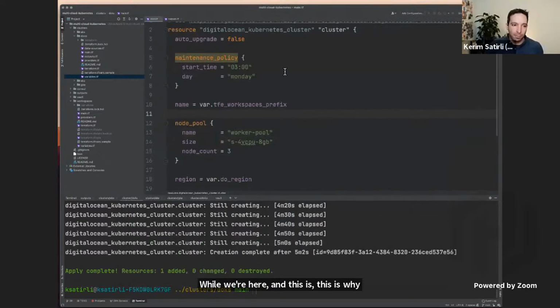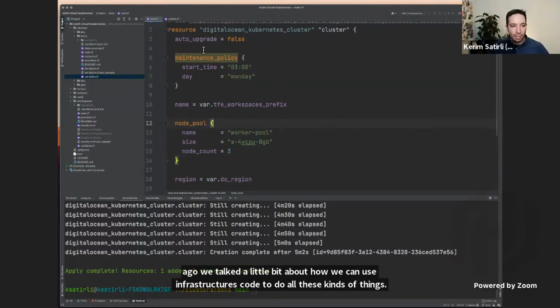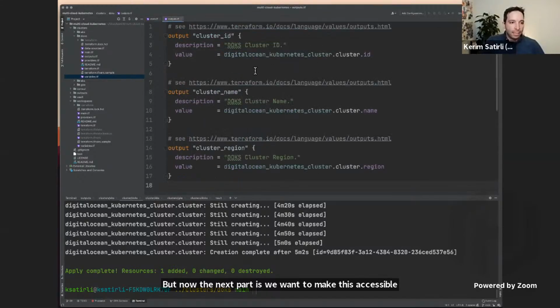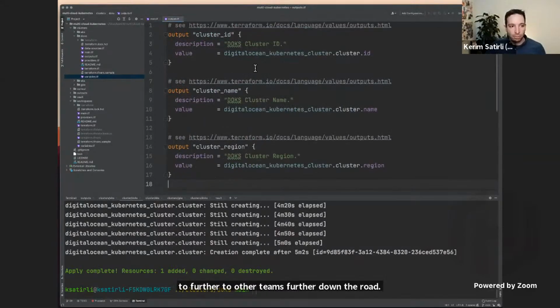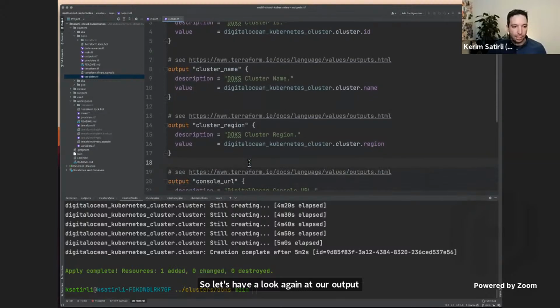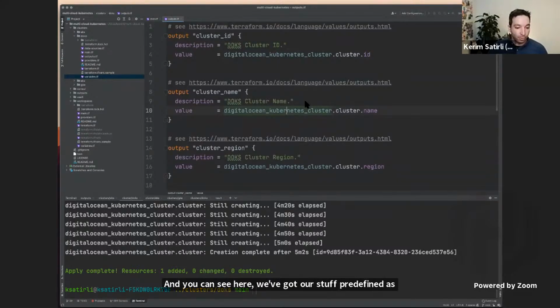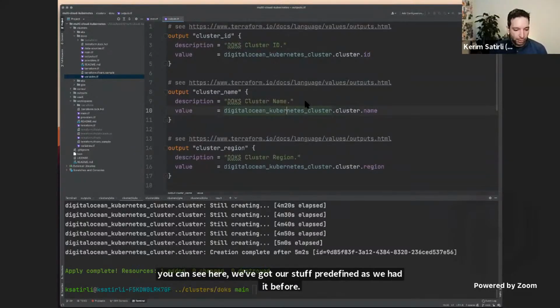So far our platform team is doing amazing, right? We started 35 minutes ago. We talked a little bit about how we can use infrastructure as code to do all these kinds of things and how to deploy clusters, in this case, DigitalOcean. But now the next part is we want to make this accessible to other teams further down the road. So let's have a look again at our outputs. And you can see here, we've got our stuff predefined as we had it before. And if we just print out the outputs,